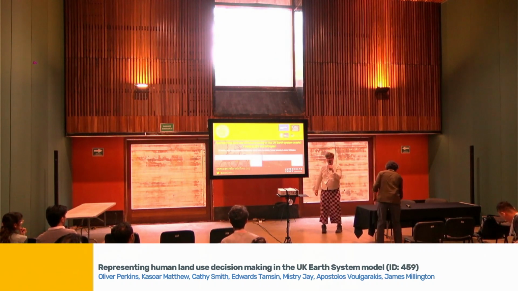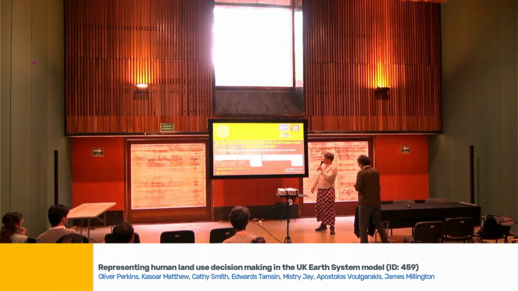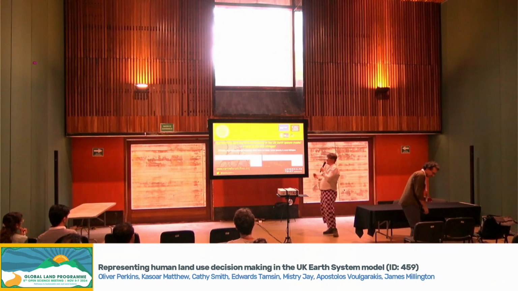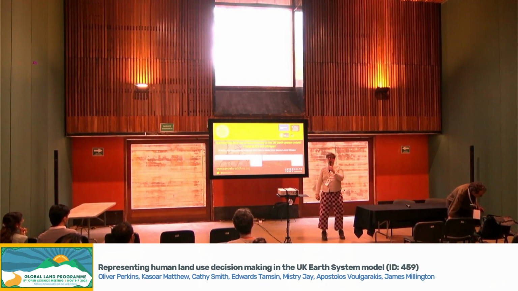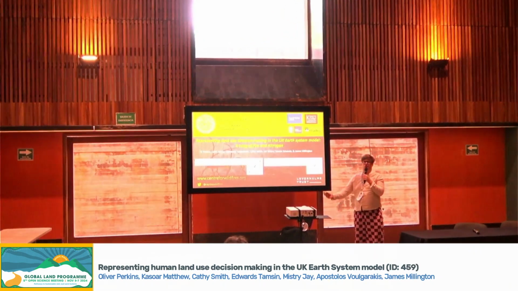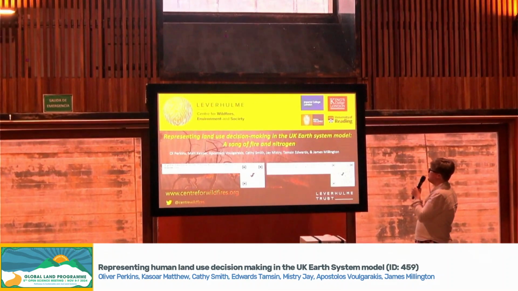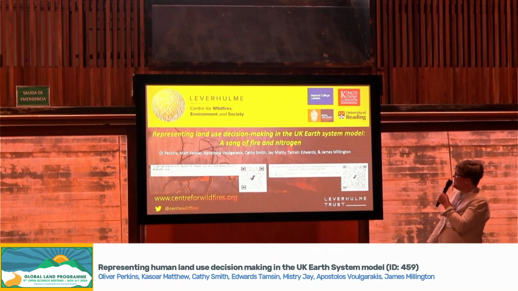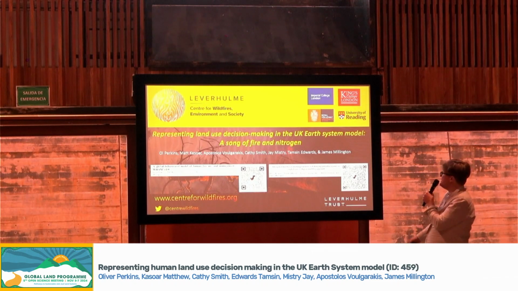Hi everyone, good afternoon. My name's Ol. So we're going to be talking about efforts to represent humans in the UK Earth system model, so the terrestrial components of that. This talk is covering content in these 2 papers. And this is a kind of team effort of people across disciplines. So us land use modelers in the middle, some physicists, and some anthropologists all working together to make it happen.